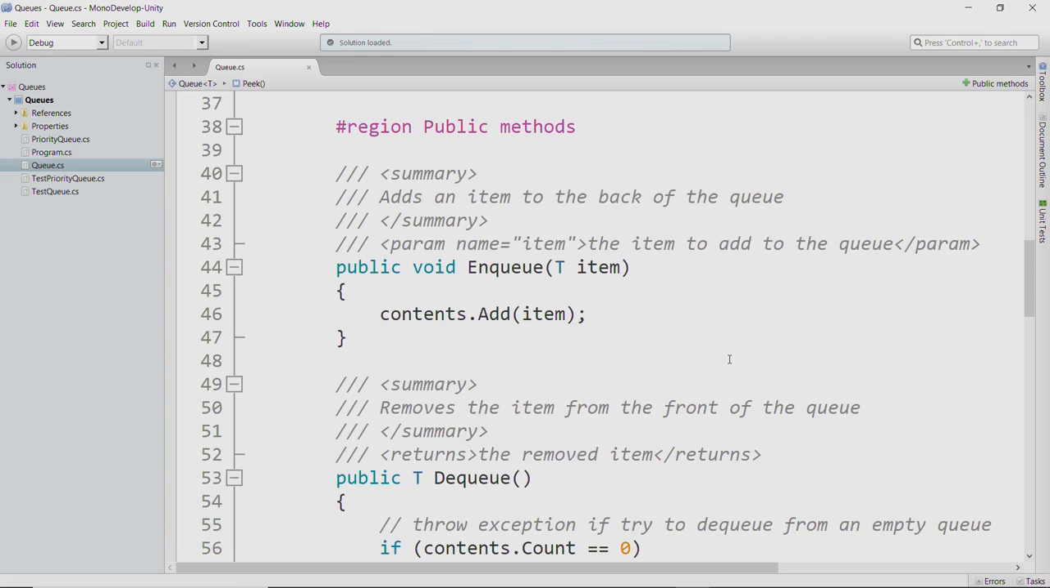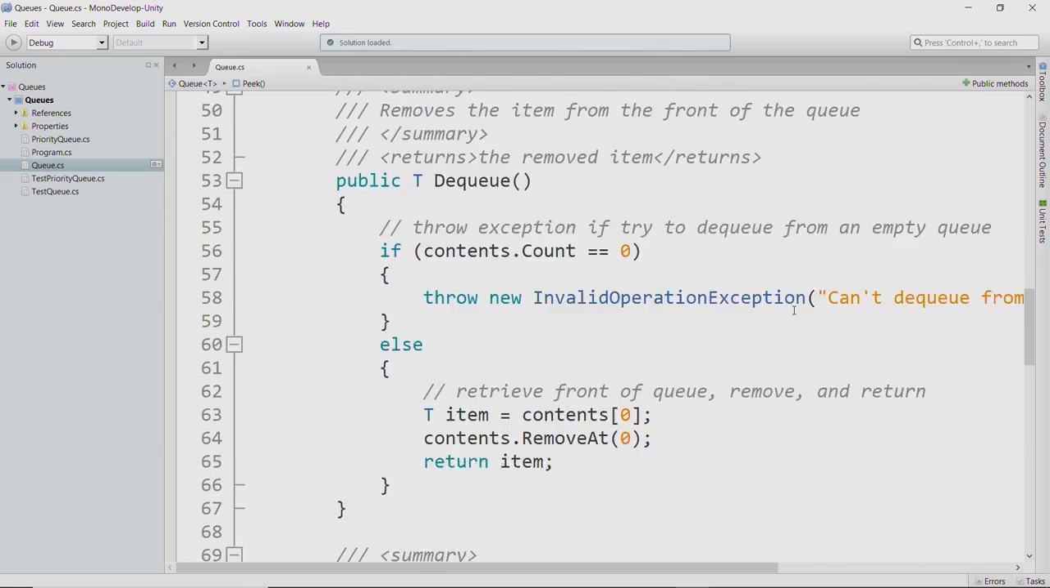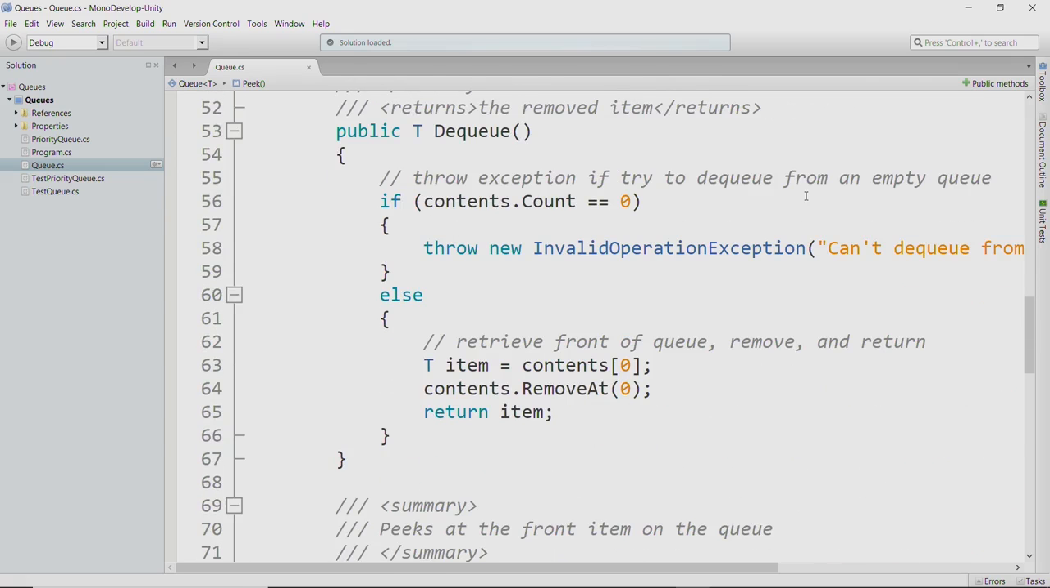And the answer is, if we don't have to grow the list, it's order 1, and if we do have to grow the list, it's order n. So you can either say it's order 1 amortized, or you can say it's order n, because that is the worst case. For dequeue, we know we can't dequeue from an empty queue, so we check that first,